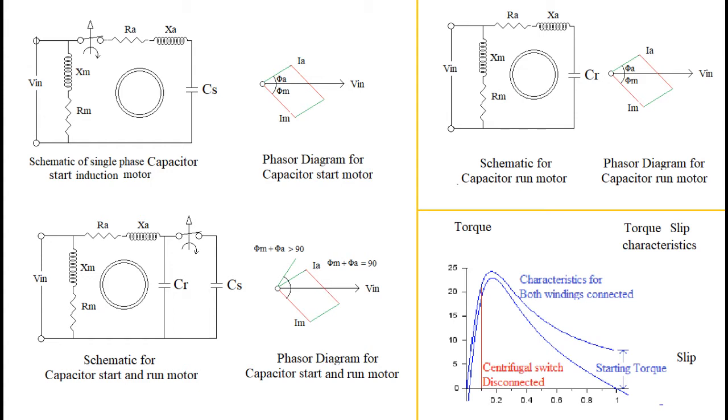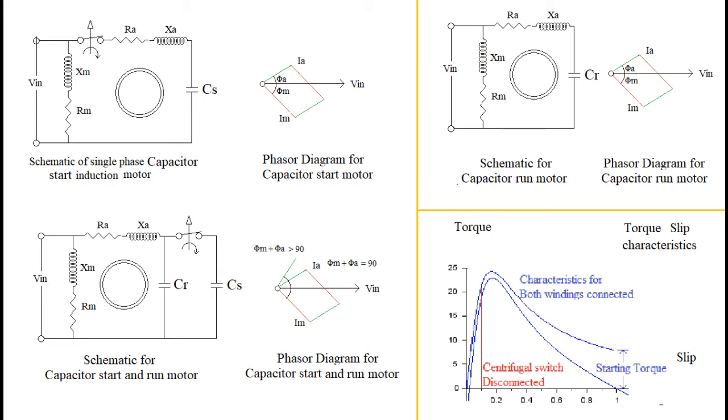Now let us see the first schematic circuit on the slide. For providing sufficient starting torque by increasing the angle between Im and Ia, we have to insert a capacitor in the auxiliary circuit. This is shown in the first schematic diagram on the slide. This extra added capacitor increases the angle between the auxiliary and main winding currents. As we can see, the capacitor remains connected for a very brief period of time, so this is a short duty capacitor. This increase in angle also increases the starting torque, which we may see on the characteristic curves.